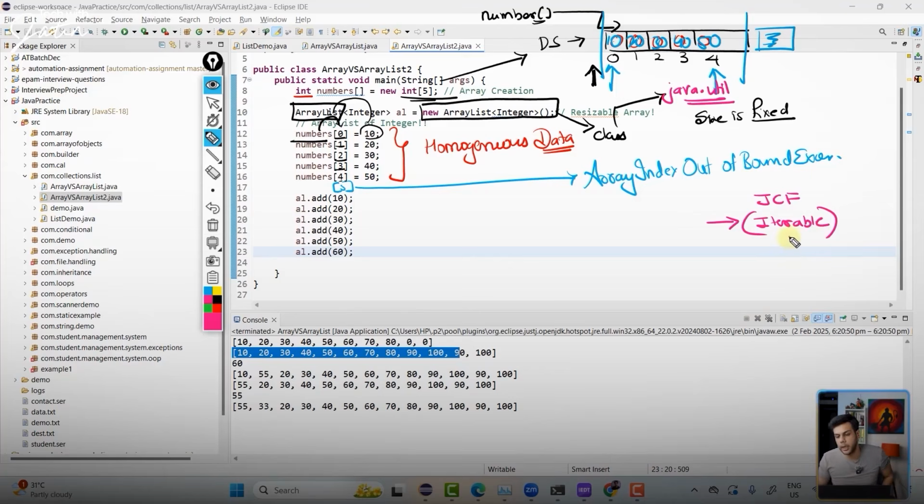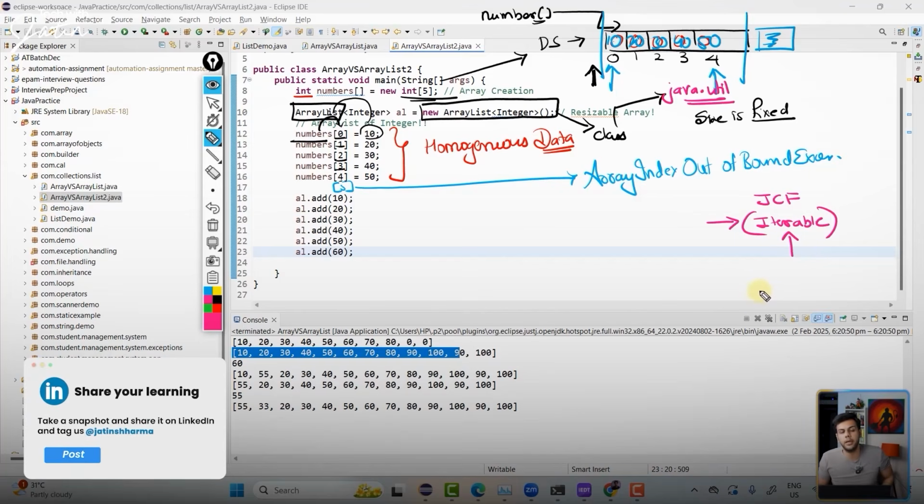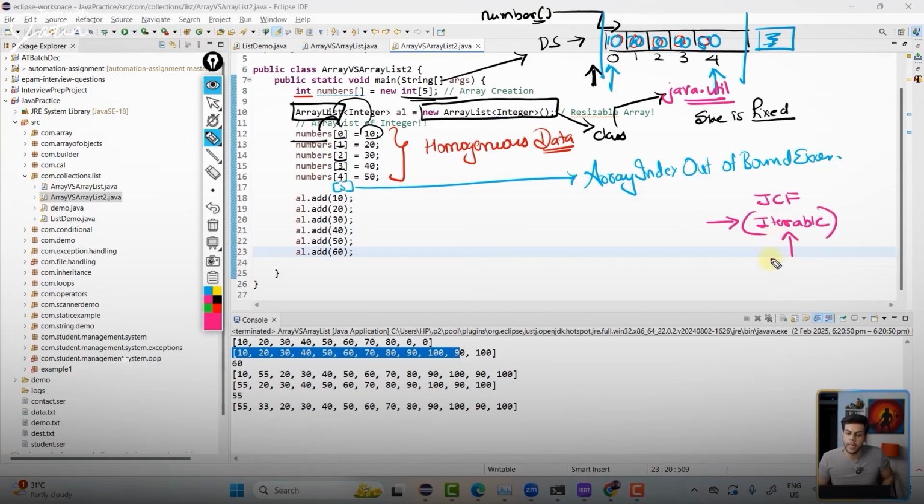Next, this interface has a sub-interface, a child interface, called Collection. Then this Collection interface has 3 sub-interfaces: List, Set, and Queue.